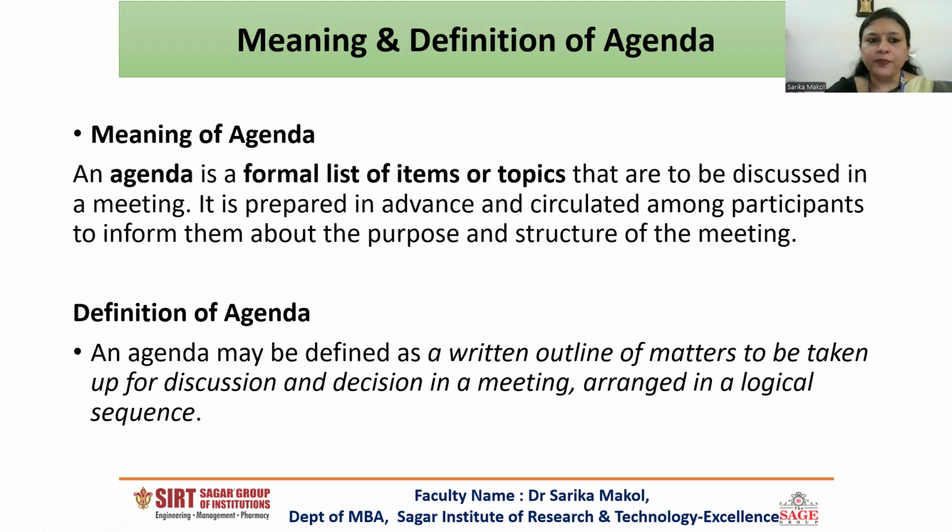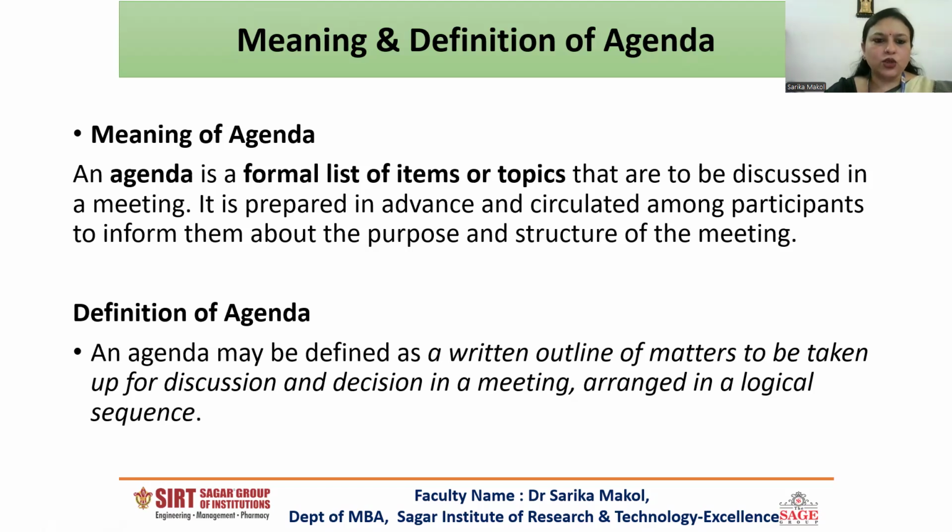Now, what is agenda? An agenda is a formal list of items or topics that are to be discussed in a meeting. It is prepared in advance and circulated among participants to inform them about the purpose and structure of the meeting. So basically, before a meeting, we'll prepare the agenda or the points which need to be discussed in the particular meeting so that we can invite the people who have a common interest in that